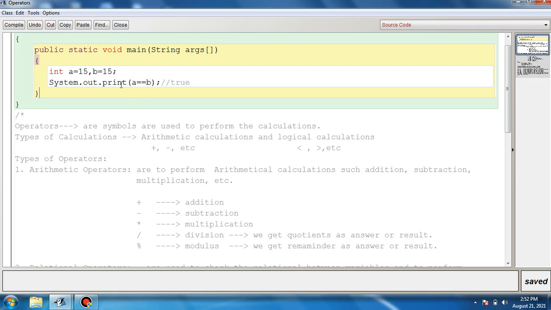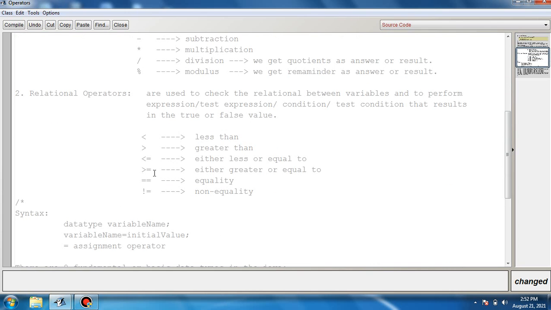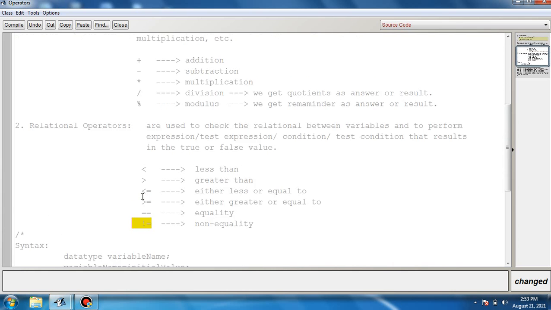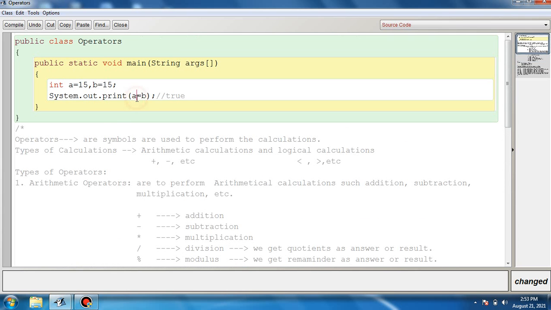Now next is not equal to, to check non-equality. Look at here. This is the operator, the sign of exclamation followed by equal to. This relational operator is used to check the non-equality among the values. Now here you can see the value stored in variable A is 15 and in variable B is 15.